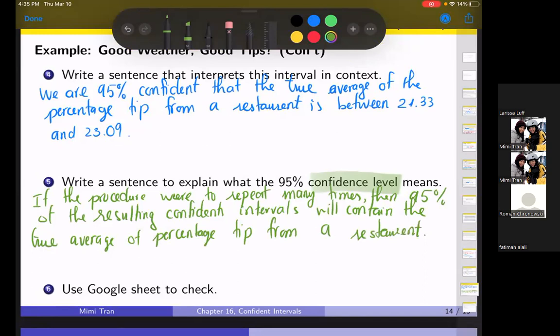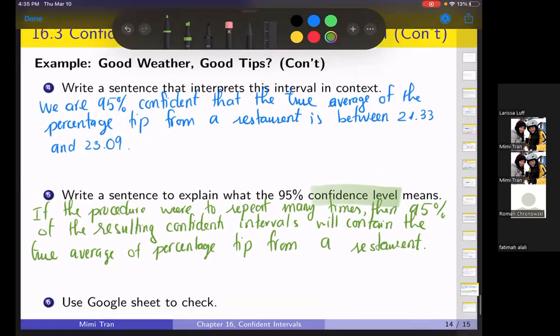Can someone tell me what's the difference between it? Just eyeballing, what's the difference between confidence interval and confidence level? By just eyeballing the two interpretations, the blue and the green, what's the first thing you see that's different? You don't have to understand it, but the first difference you see is